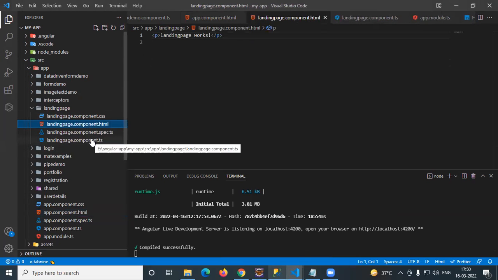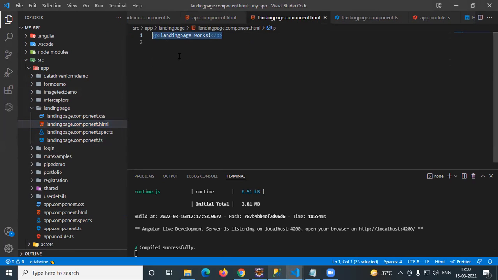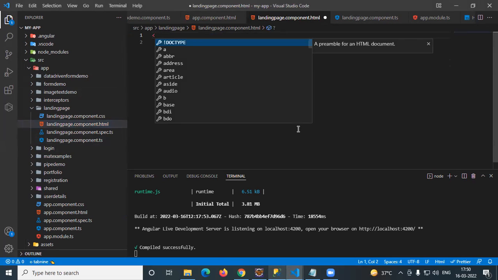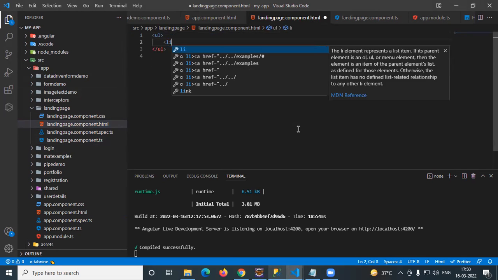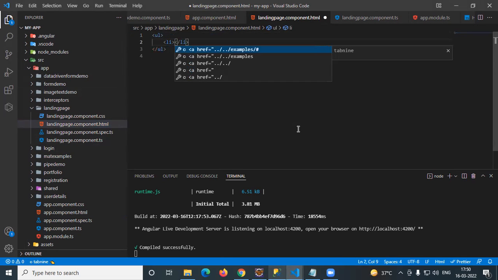Here you remove line number one and create a UL tag. UL. Then LI. Now in LI you type